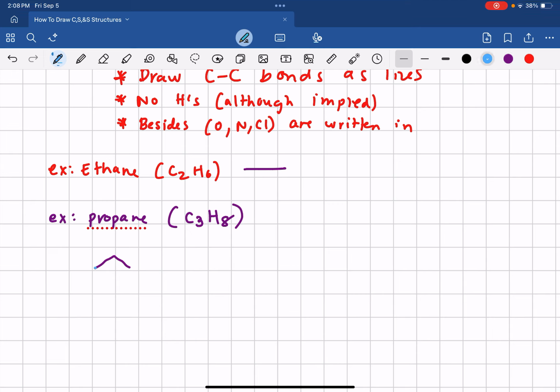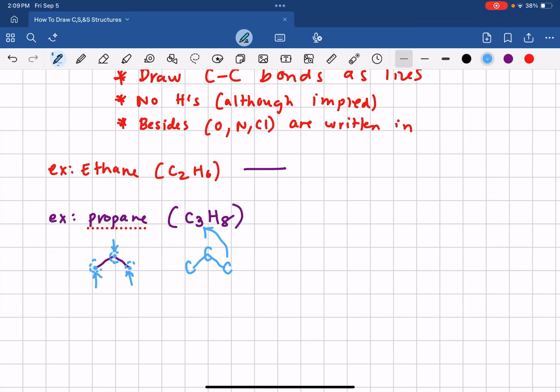For each sharp end, the end of this, the end of this, and the end of this, is implied a carbon. So imagine an imaginary carbon and another and another. So being sharp-ended like that, I know that means 1 carbon, 2 carbons, 3 carbons, which matches